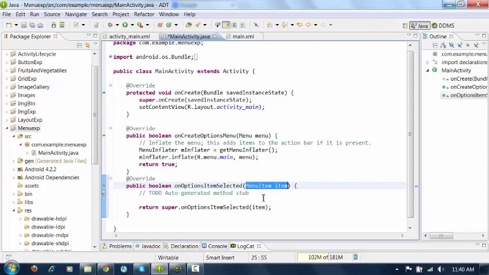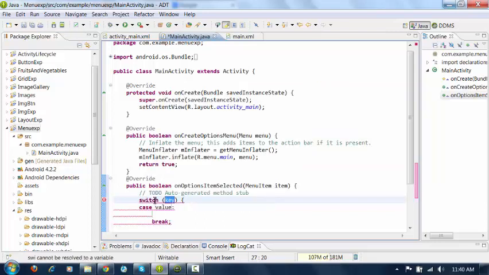Using this item you can understand on which item the user has clicked. So let us check the conditions here, and you will understand which item has been clicked by the user. For that you can use any statement like switch, or you can go for the if else case also. So here I will use the switch statement.